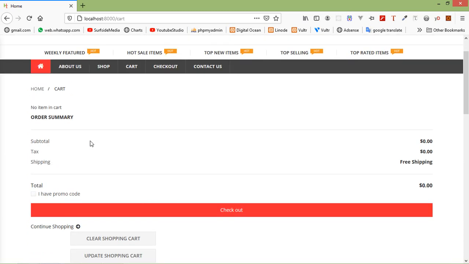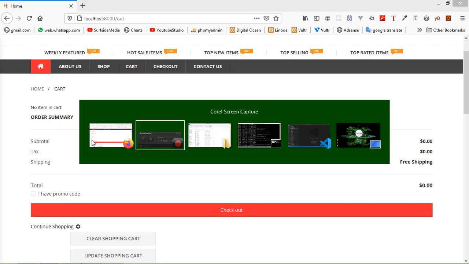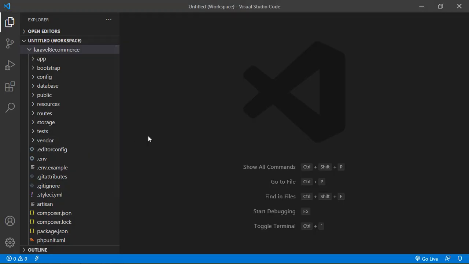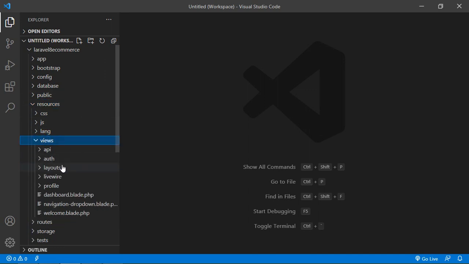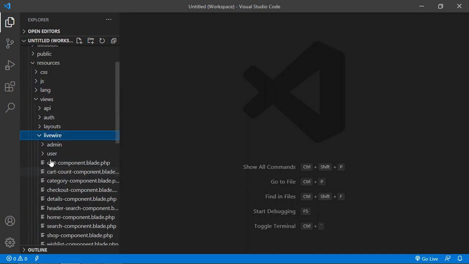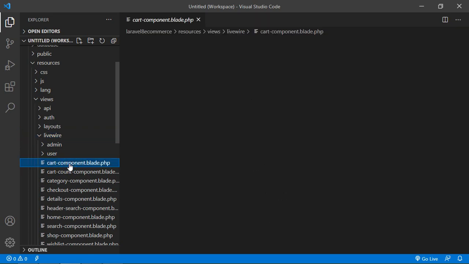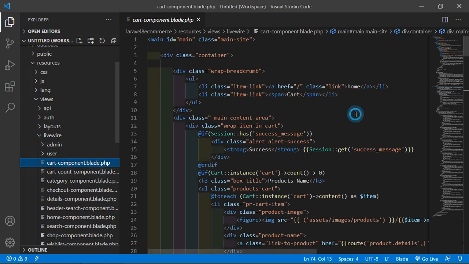All right. So for that, switch to the project, go to the resources directory and use livewire, and from here just open the cart-component.blade.php file.